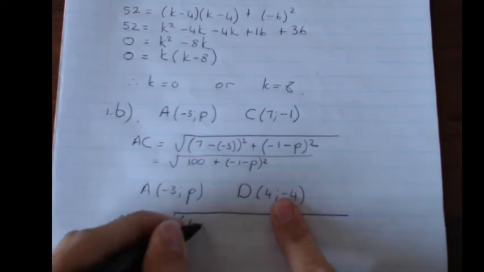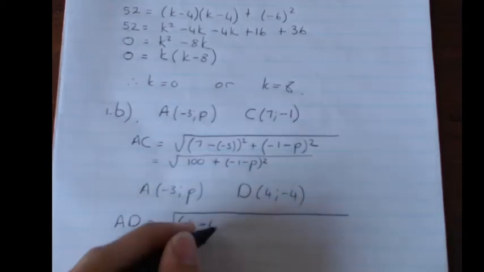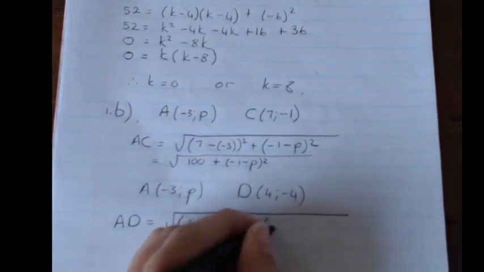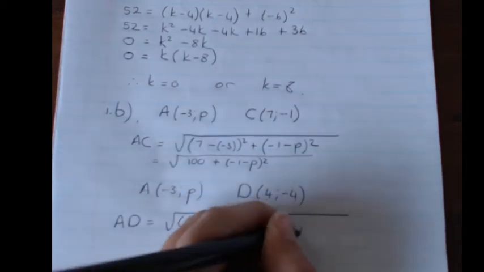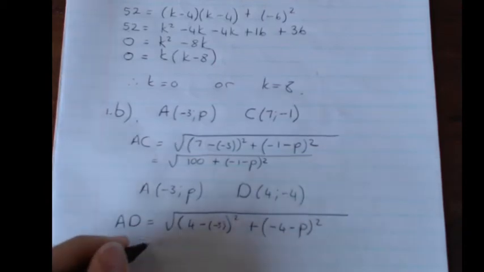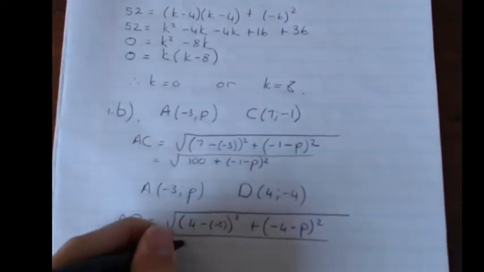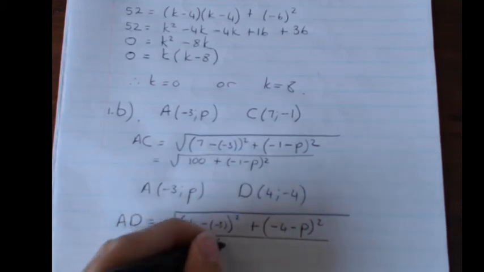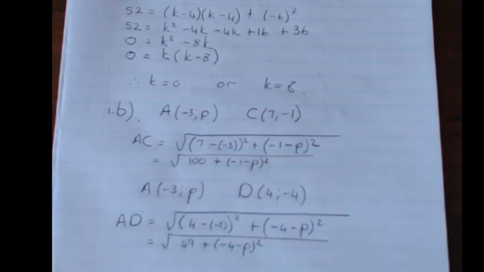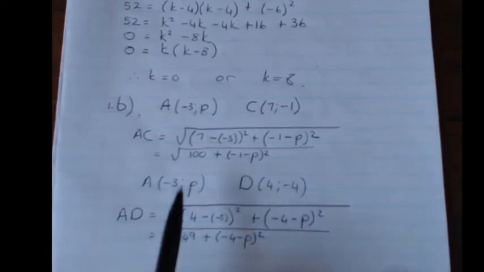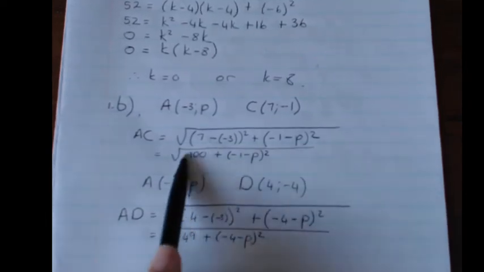So XD minus XA squared plus YD minus YA squared. And if I simplify this a little bit, I get 7 squared, which is 49, plus negative 4 minus negative P squared. Right, so AD and AC is the same length, so I can make these two things equal to one